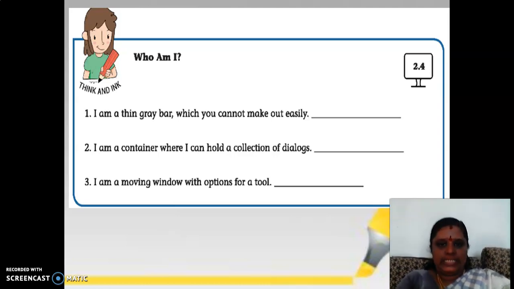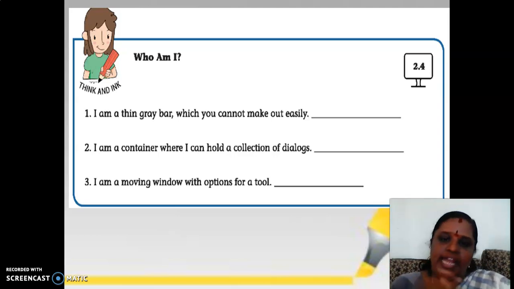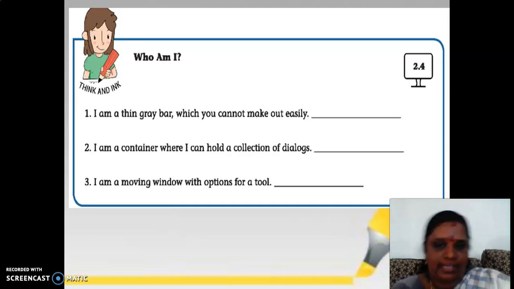Okay, with this the second lesson is over. Only the text concept is remaining. We can see the text concept in the next class, next Monday, along with the answers for the book back exercises. Practically, we also have one project time where we want to make a card. We will see how to make a card, and finish the project time. The book back exercises and the text concepts we will see in the next class.